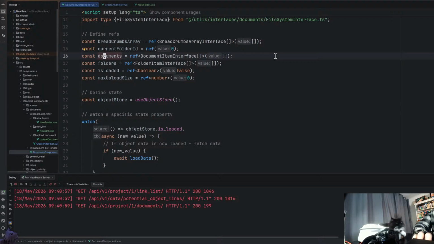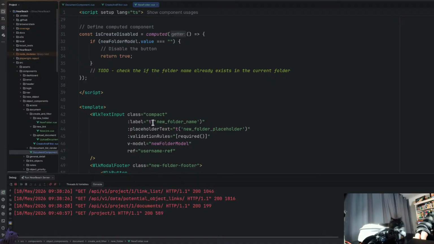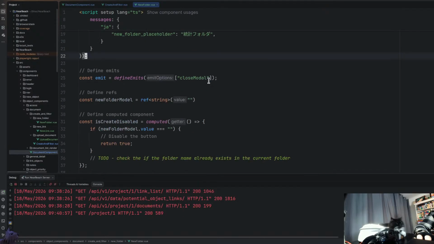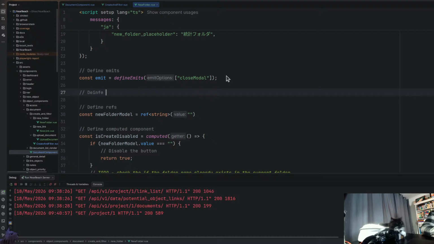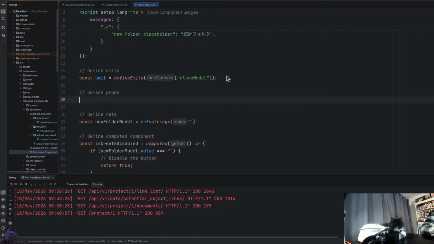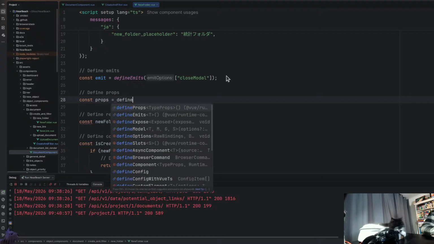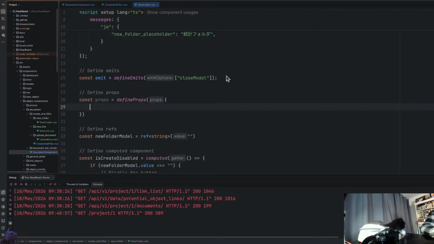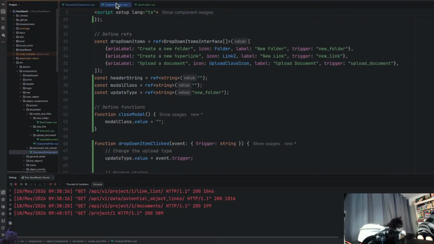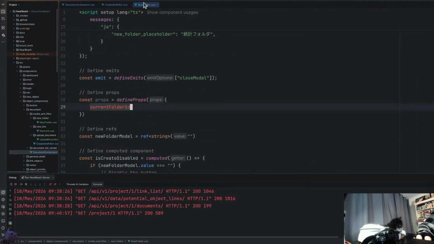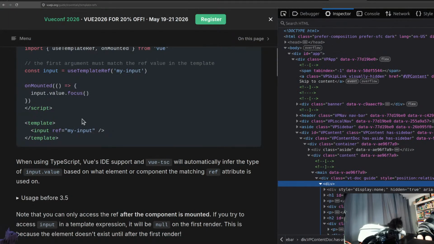I just realized also I need the current folder ID. So that's going to be a prop. All right, this will be current folder ID. We're going to keep the same name. Current folder ID. Do we have it here? No, we don't, but that's perfectly fine. We can pass it down, or if we're using the template refs,